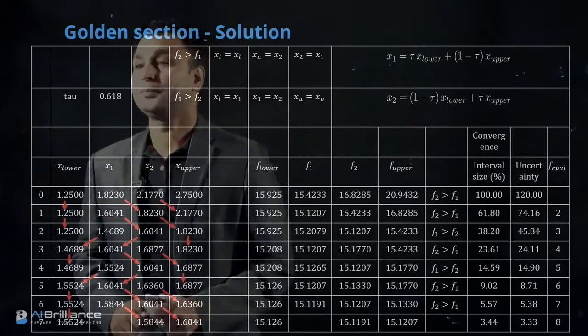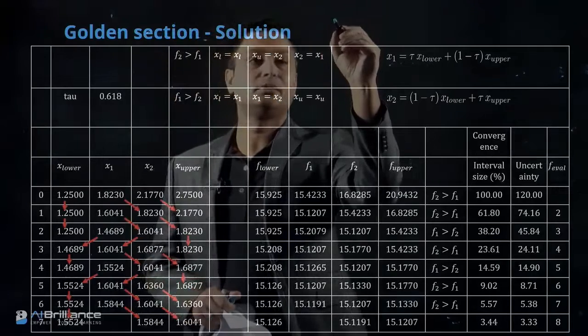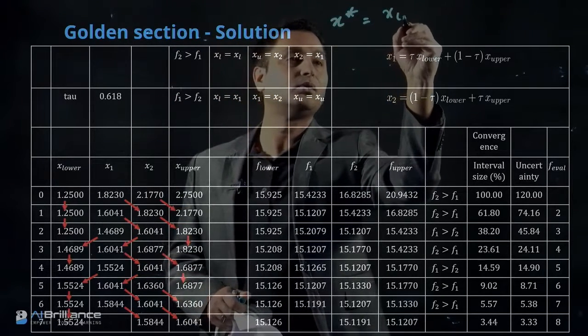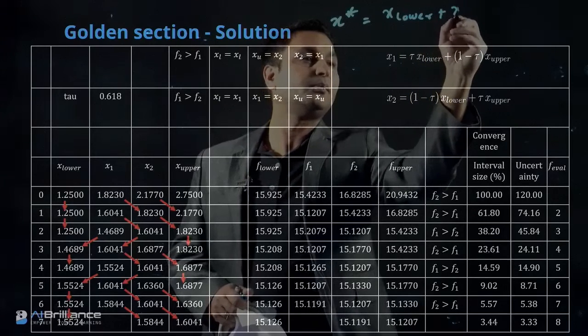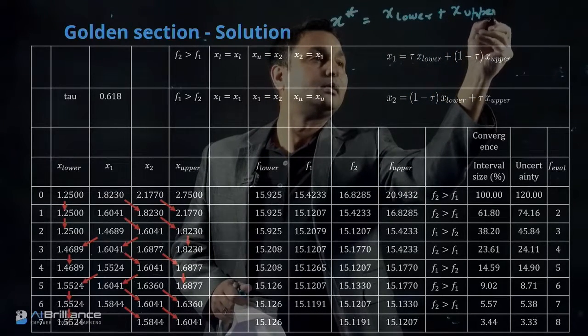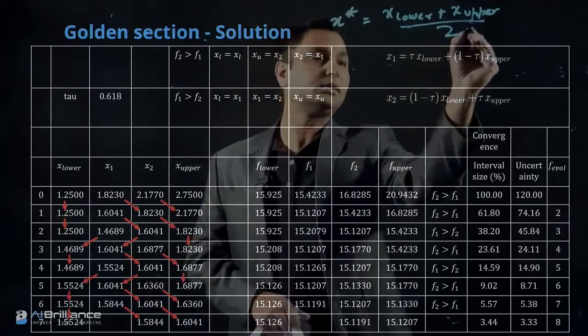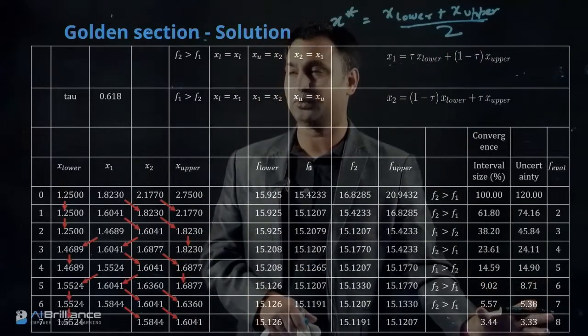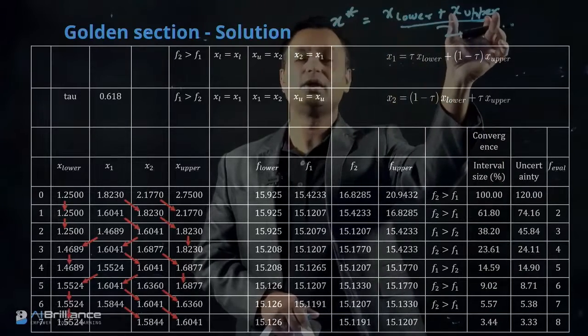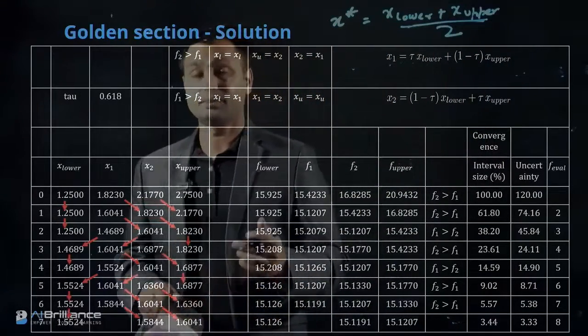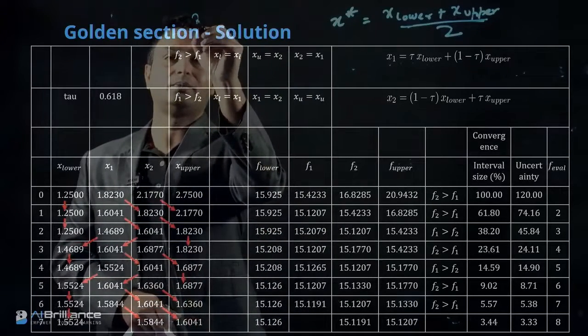Okay, so one of the simplest ways to write the optimal solution could be x optimal is equal to x lower plus x upper divided by 2. And now recall, if your uncertainty value or the interval values are so small, essentially x lower will be very, very close to x upper. So this is one equation that you can use, or sometimes you can also allocate something like this,